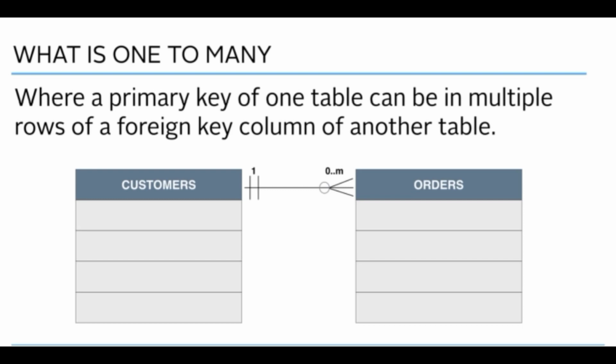So if you like, the ID field in the customers table would show up many times in the orders table as a customer ID foreign key, but the primary key in the orders table will only relate to one customer. And we know this because each new row in the orders table will have a unique order ID. So this is what we mean by one-to-many relationships in databases, and it's the most common type of relationship